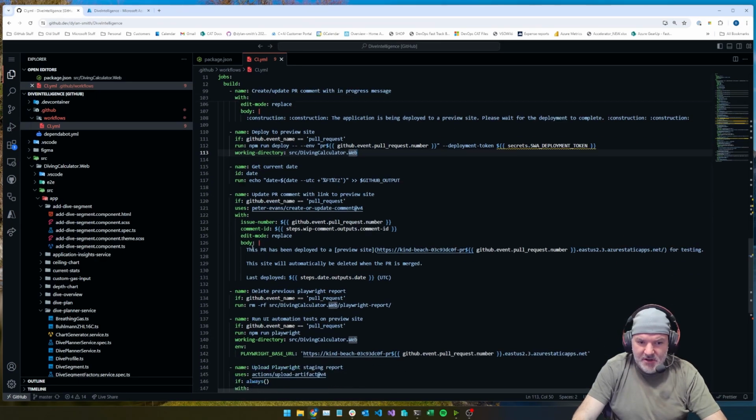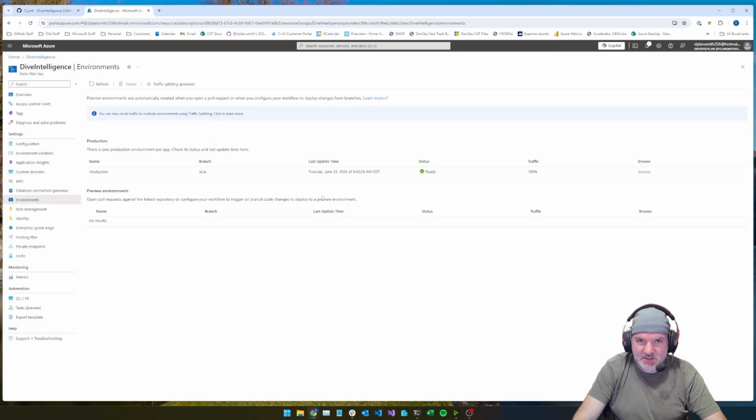And then I'm just going to update the comment that says, hey, it's been deployed, and this is the URL. The way I got this URL, which had some kind of random number in there, is the first time I did it, I basically just manually deployed a preview environment and took a look at what the URL was under browse and saw where the PR bit came into it. Or I can just hover over the browse here, and if you look at the very bottom left of the browser window, you'll see the